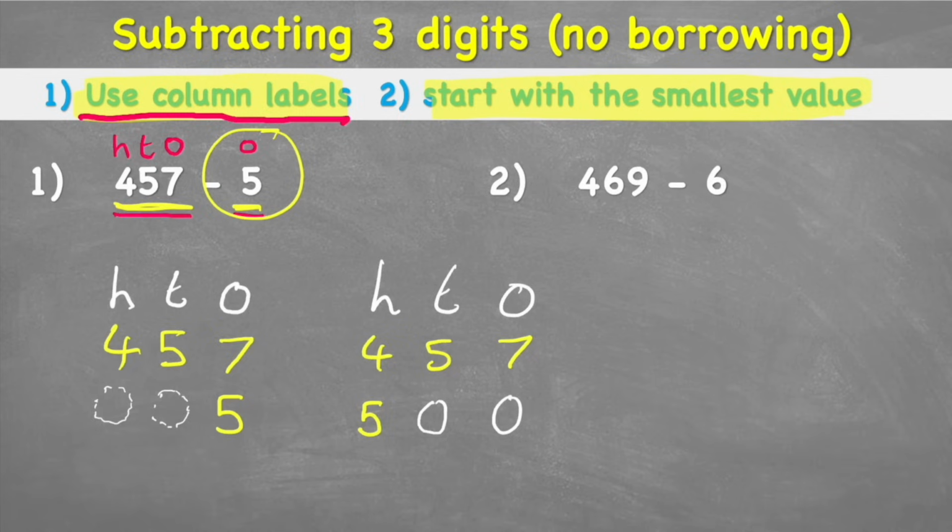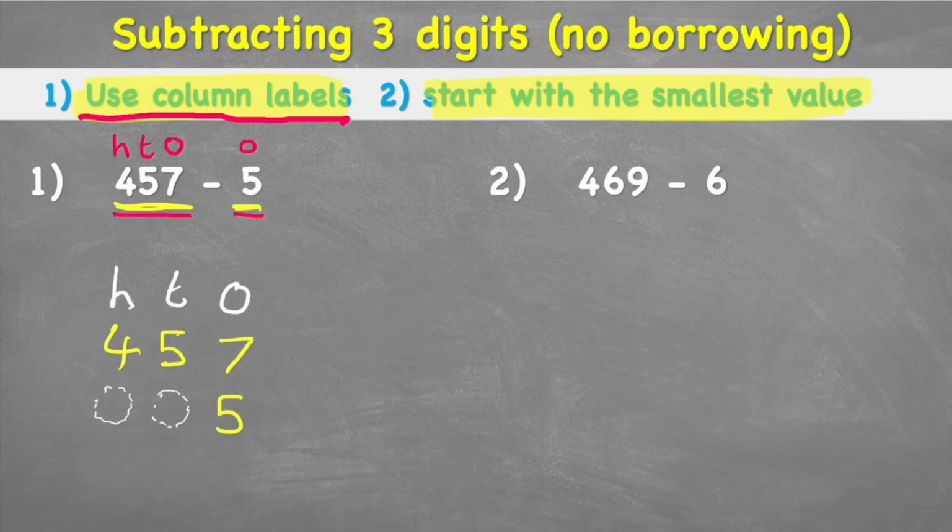That's right, we've turned that 5 into a 500 because we put it in the hundreds column. So we know that is incorrect. But a lot of people make that mistake because they don't put these titles above their columns. So now we're ready to begin, and we can put our equals line and our subtraction sign so that we